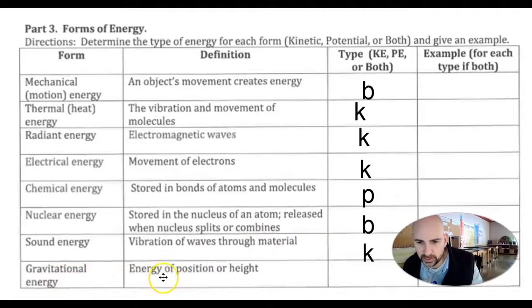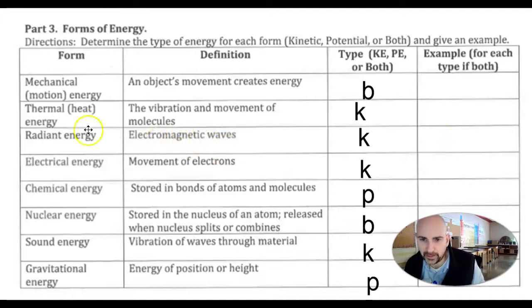Gravitational energy, which really is an old-fashioned way of saying potential energy, it's the energy of position. So that's the definition of potential energy. So let's look at some examples. A roller coaster would be good mechanical energy. You could have a burning piece of paper or something for thermal energy. Radiant energy could be coming from a light bulb or some source of light. The sun releases not only light, but it also releases X-rays and radio waves and all different kinds of waves